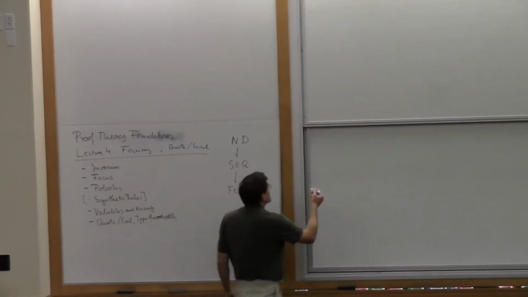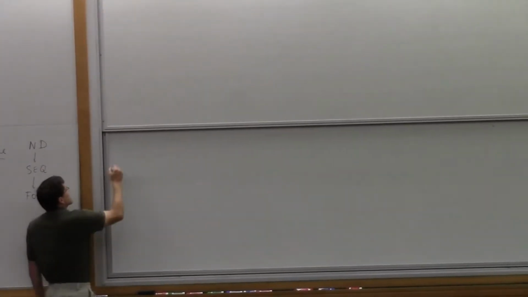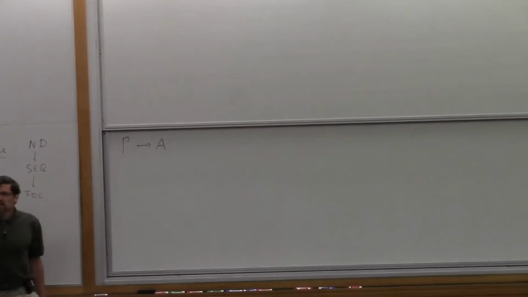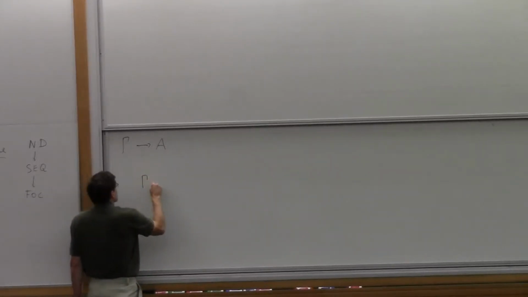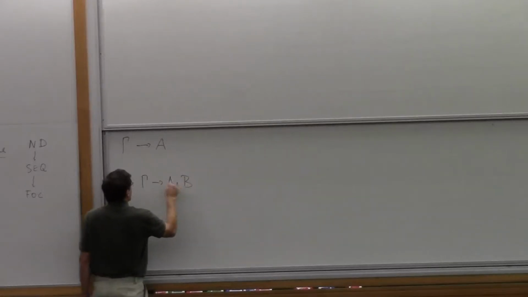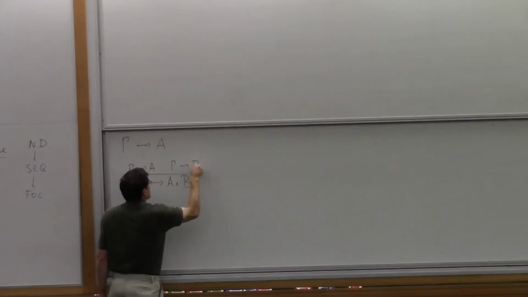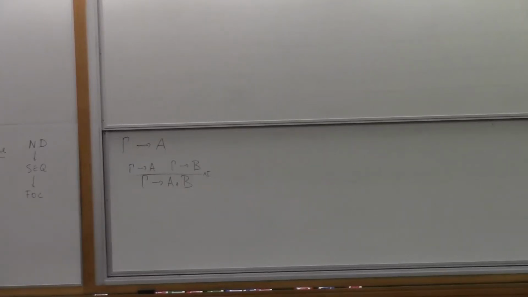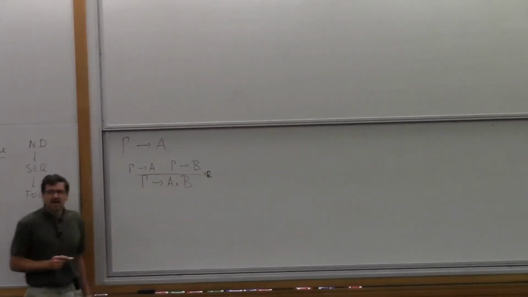So for example, if you have something like this. By the way, today, I'm going to write the sequent like this: I write Γ, single arrow, A, and it means that A has a focused proof. It's just like a sequent except that I want focused proofs. So for example, we always start with conjunction because it's easy. A focused proof of A and B decomposes into a focused proof of A and a focused proof of B, and because it's a restriction of the AND rule, we'll still call it the same. We call it the ∧ introduction. I should have called it the right rule for AND. We'll still call it that.